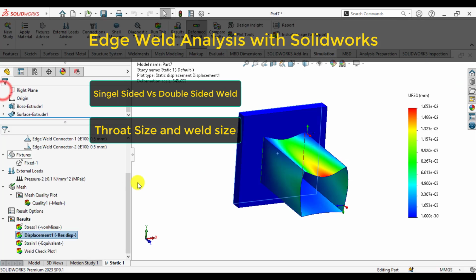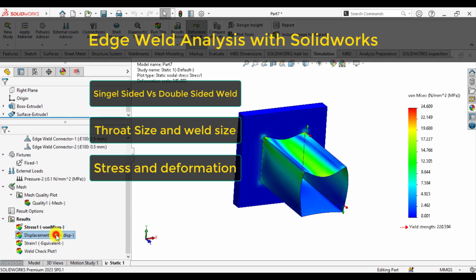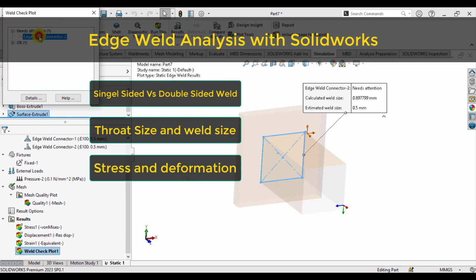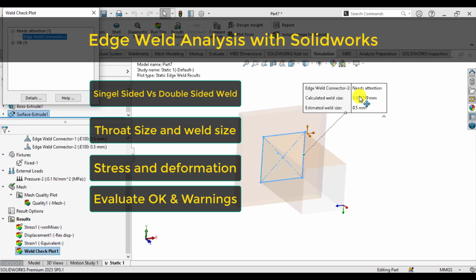After that, you will also check the maximum stresses and the deformations, as well as plot the weld size and the warnings and the OK,